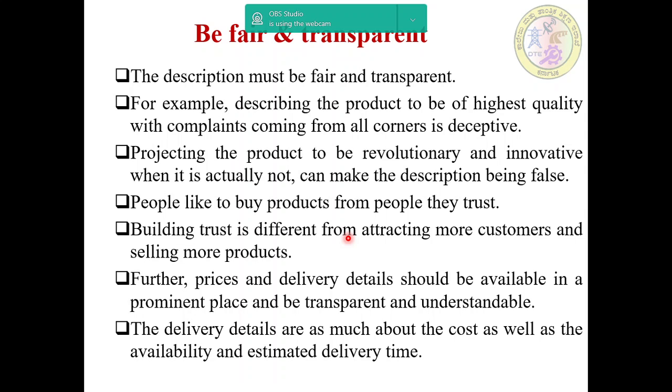People like to buy products from people they trust. Building trust is different from attracting more customers and selling more products. Further, prices and delivery details should be available in a prominent place and be transparent and understandable. And then finally, the delivery details are as much about the cost as well as the availability and estimated delivery time.